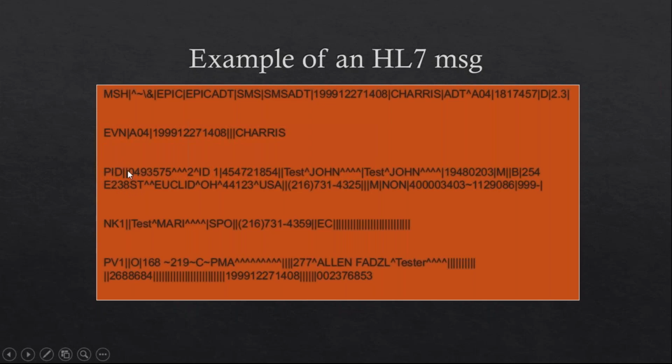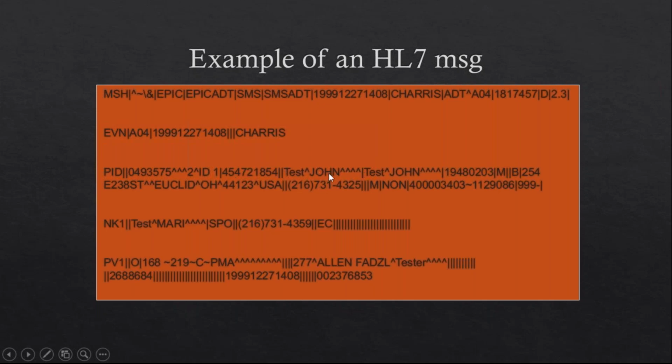And when you read HL7 messages, you read it as this is field number 1, this is field number 2, this is field number 3. Same as the compartment example that we are looking at: compartment number 1, number 2, number 3, and so on. In the same way, these fields are numbered 1, 2, 3, 4, and 5. So when I communicate to someone about an HL7 message, I say that PID 5 has the patient name. It means that I am going to look at the PID segment and count the fields. This is field number 1, 2, 3, 4, and 5.